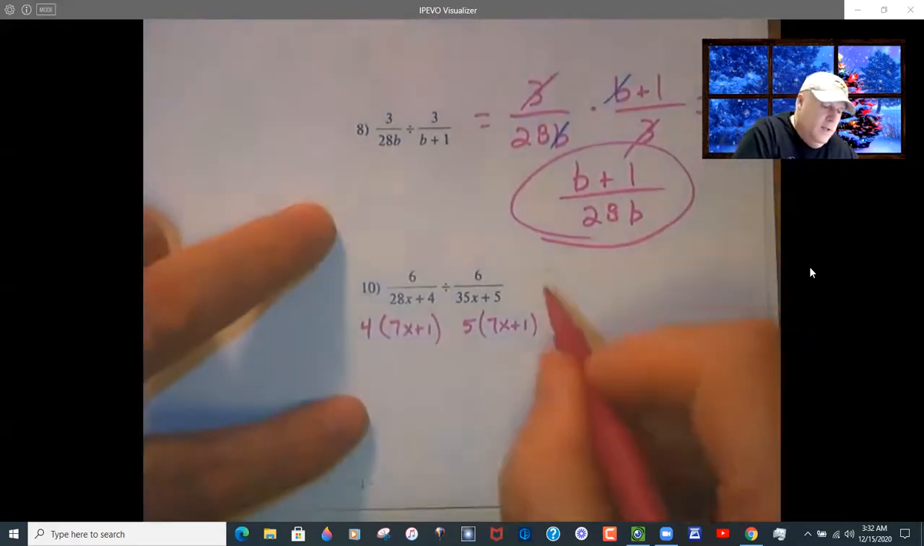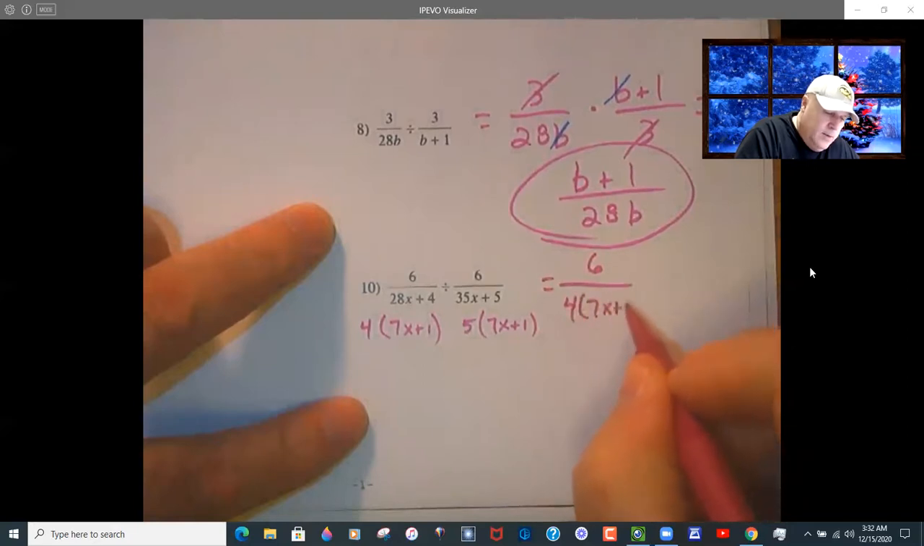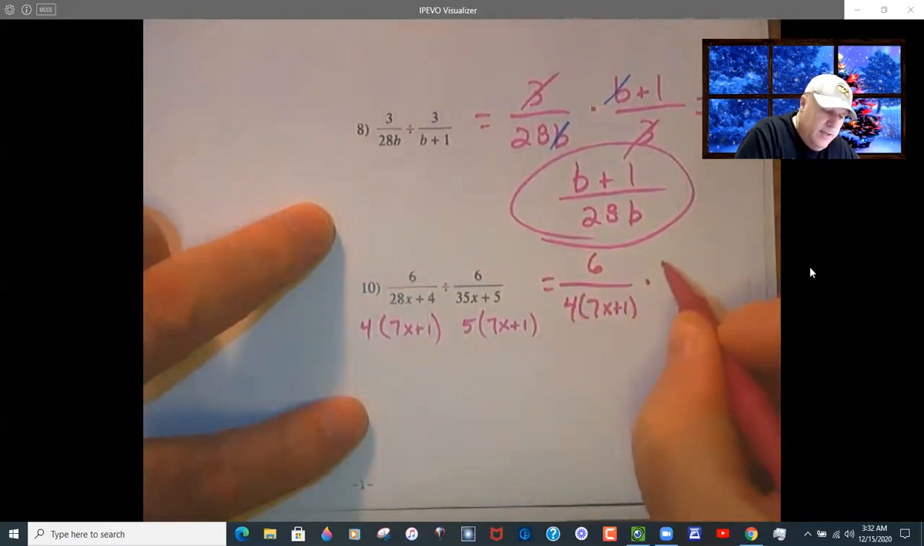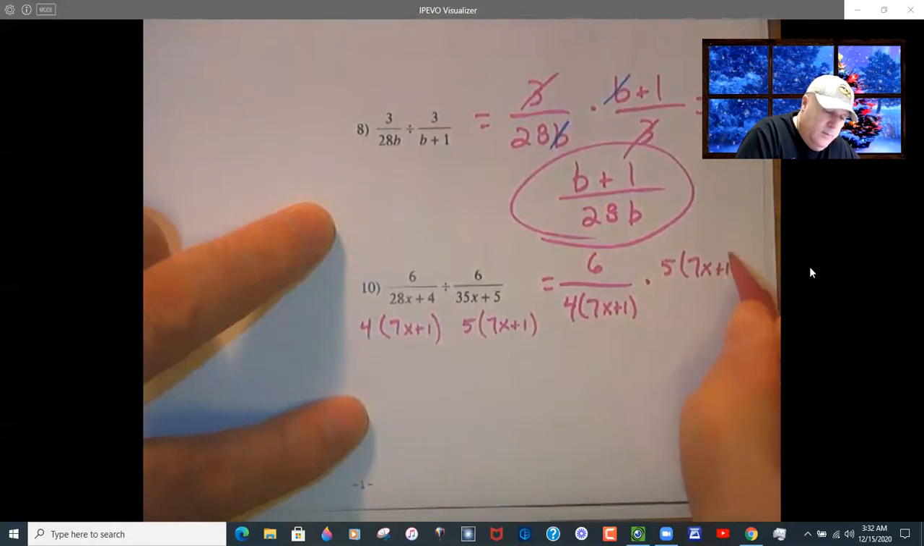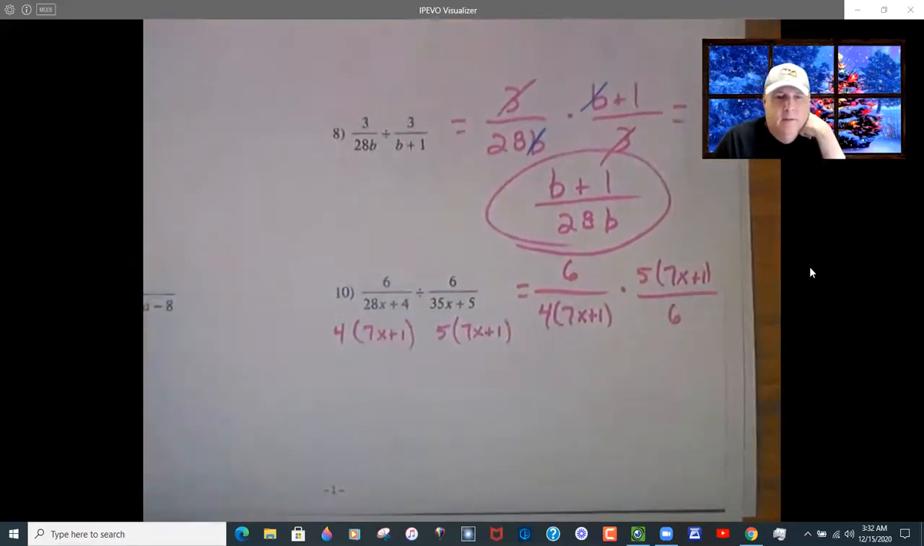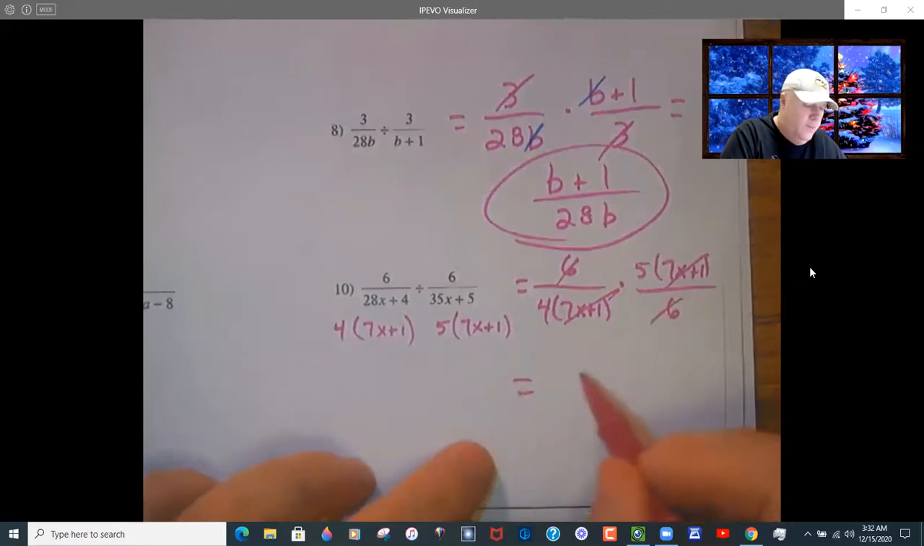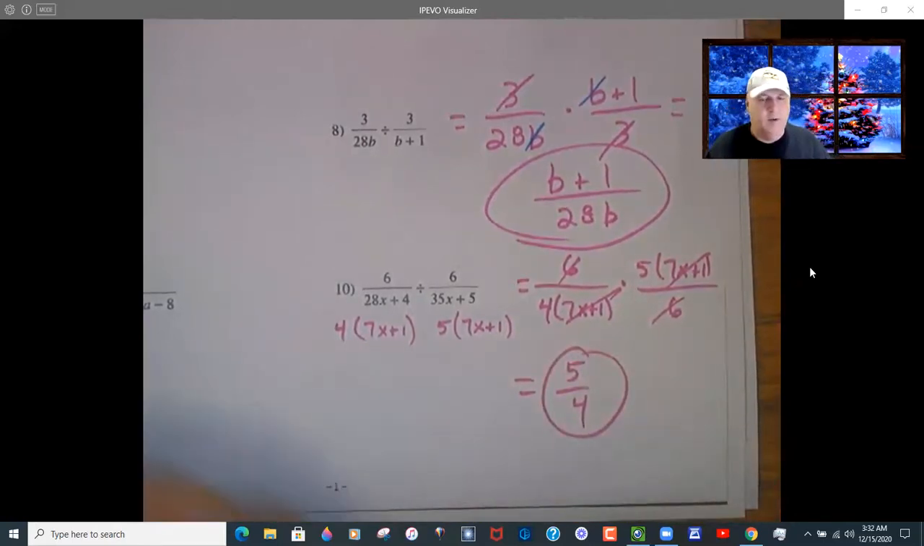Problem 10 is the first problem where you actually get some common factors to take out. And you have to do that before you flip and multiply. Take the common factors out. So those drop, the 6's drop, and you end up with just 5 over 4. So after all your canceling is done,